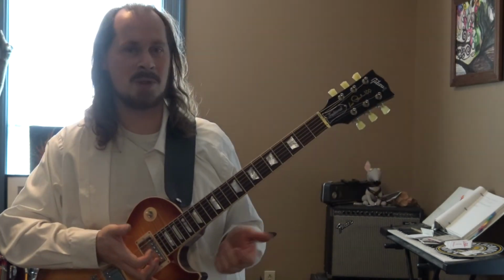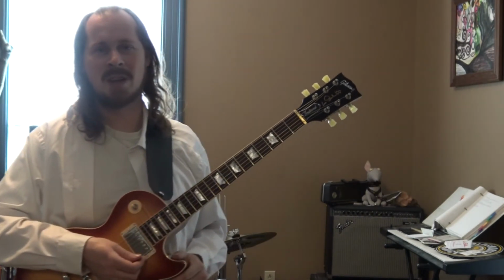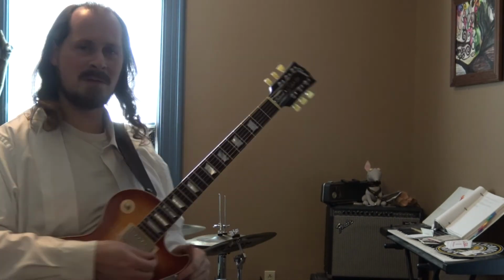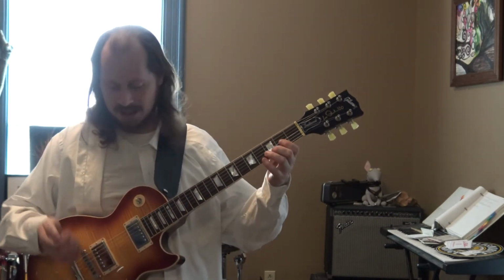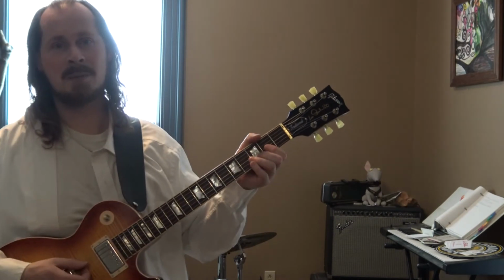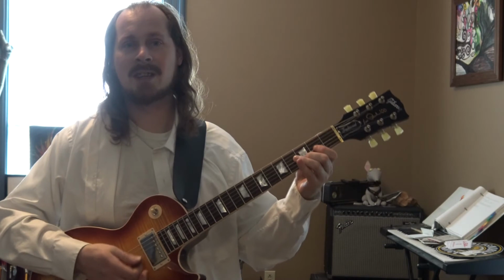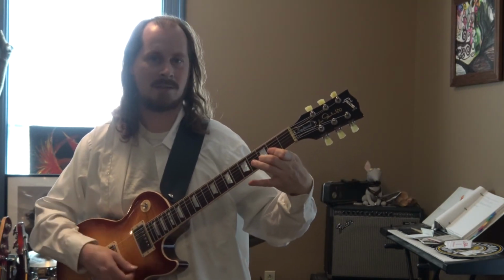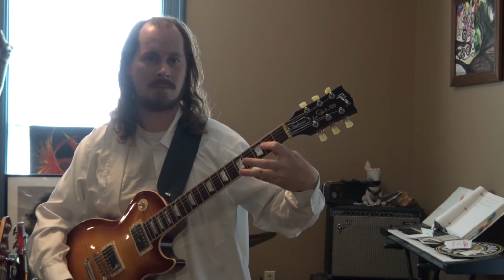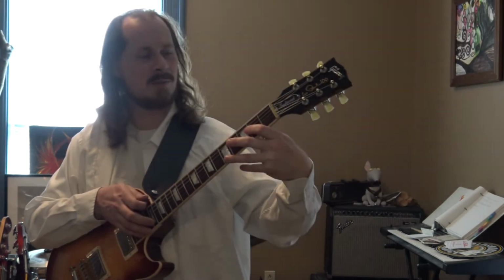So, I guess to the tone. What you heard in the introduction was the middle position. I'm playing through my '91 Fender Twin. I'm in channel 2, more than 12 o'clock on the gain. And in the middle position, with these vintage pickups, it's still pretty clean. I've got all the knobs on the guitar up full blast. That's the middle position. If you go to the bridge,